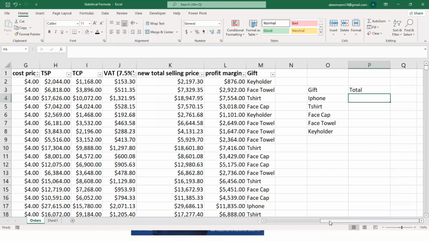So now let's make use of another formula called COUNTIF. Since my boss asked me to award gifts to them, it doesn't make sense to just go and present the data to my boss like this. What I can do is get down how many iPhones we are going to buy, how many t-shirts, how many face caps, but I can't be counting it one by one.